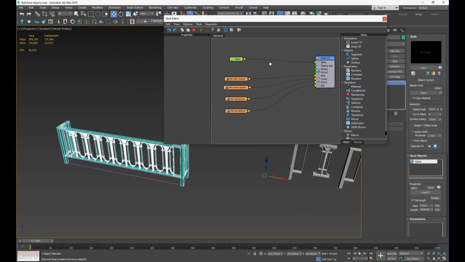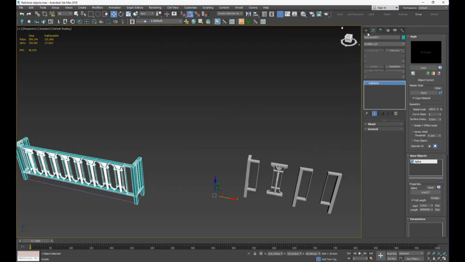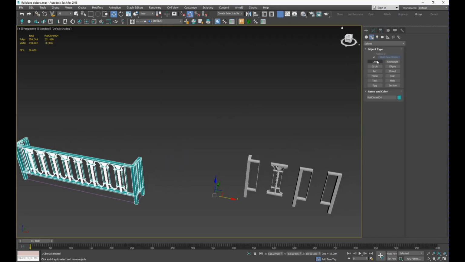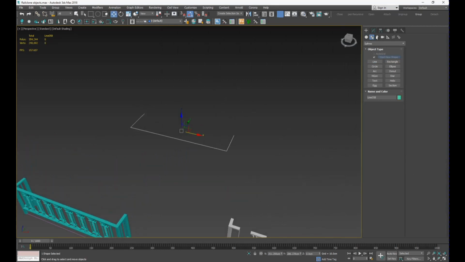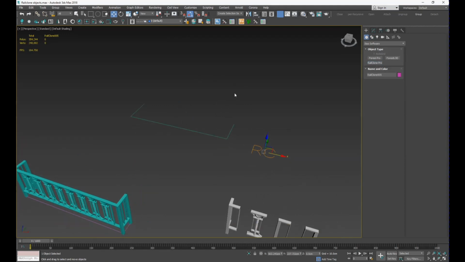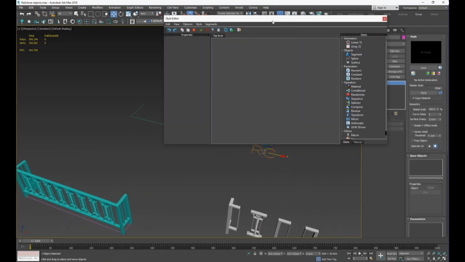Okay, so this is how it will look like. You just have your spline connected, your rail start, corner, rail mid, and rail end section. So let's go ahead and create one from scratch. What you're gonna need is a line, polyline, simple. Then create a Railclone Pro object, drag and drop, and go to Style, Style Editor,